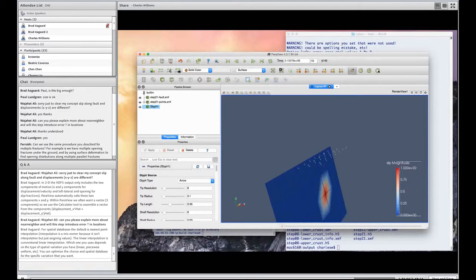I can go back to the original. Yeah, so we have a question. Okay. Question is, can we use the same procedure you described for multiple fractures? For example, we have multiple opening fractures under the ground, and by using surface deformation to find opening distributions along those multiple fractures. Yes, yes, you can. You just have to